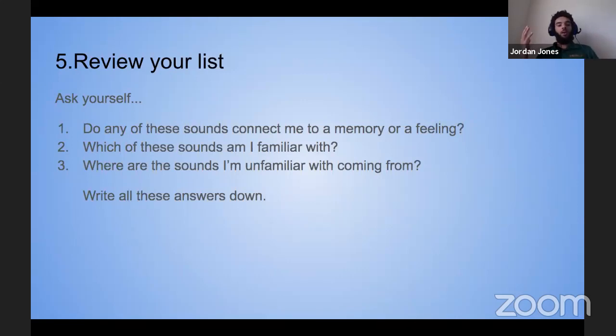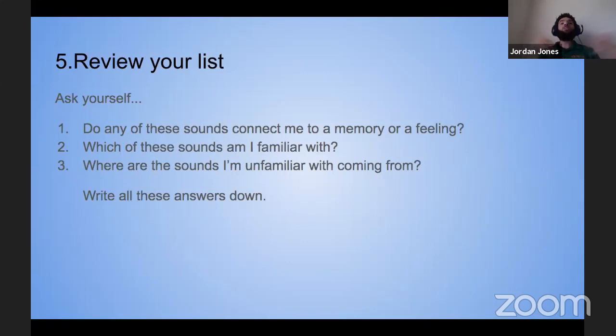Sometimes we can hear, and I'm sure everybody can attest to this, you've heard a song and you know immediately in the first 20 seconds whether you've heard that song before or not, because you're familiar with that sound. And with some songs, your memory is so strong that you can hear the first 5 seconds of the song and you already know when you first heard it. Like I remember I was with my homies chilling in the living room, and that was when I first heard that song.